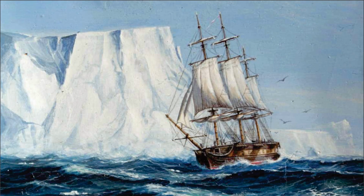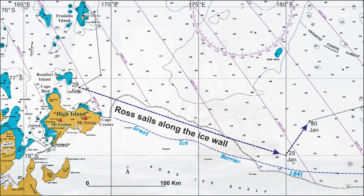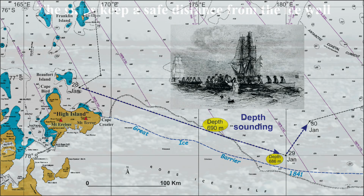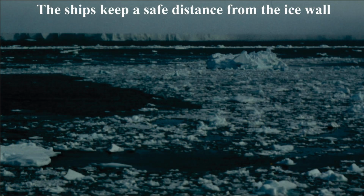The wind dropped, but they were able to increase their distance from the barrier to around 25 kilometres to counter the northerly swell that was pushing them into the ice. Soundings showed the water depth close to the barrier to be almost 700 metres, so Ross concluded the ice must be floating and not grounded on land. The ships continued on to the east at a safe distance well away from the ice wall, which they could see from time to time through the snow showers, while dodging the numerous icebergs that had broken away from the